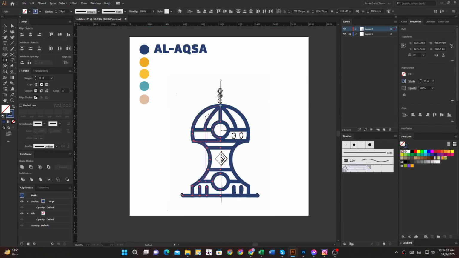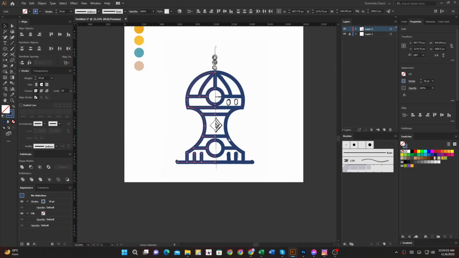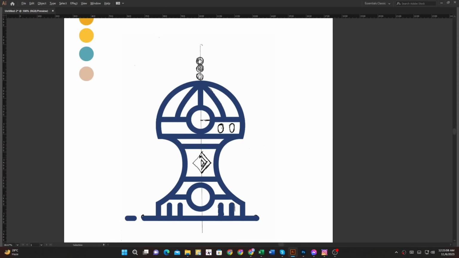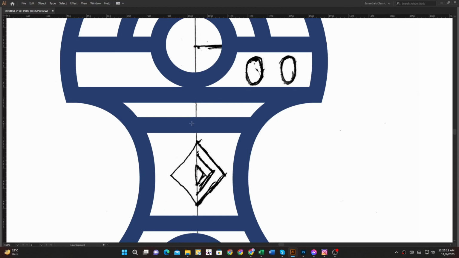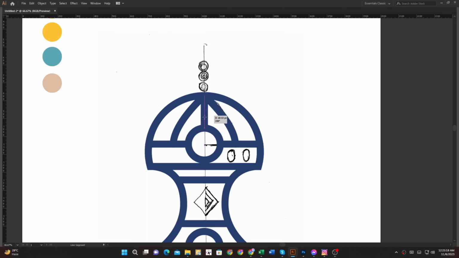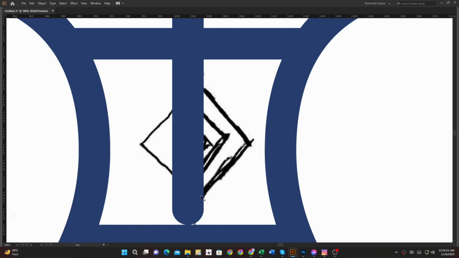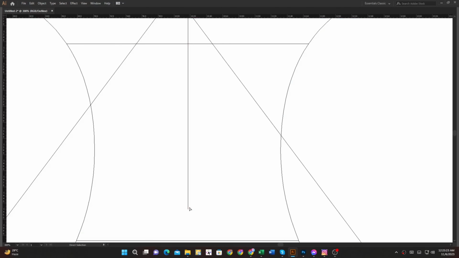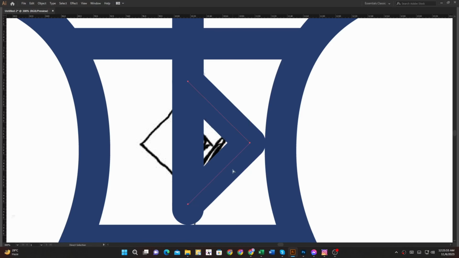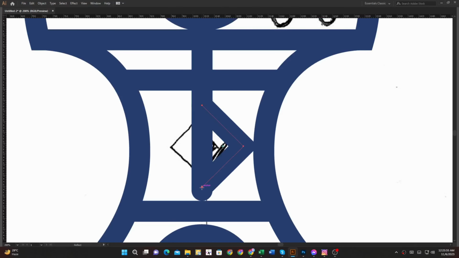Now copy for the other side. Then I take a line segment tool. Then it's and it's copy for the other side.